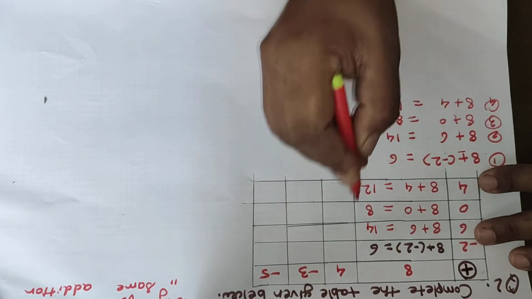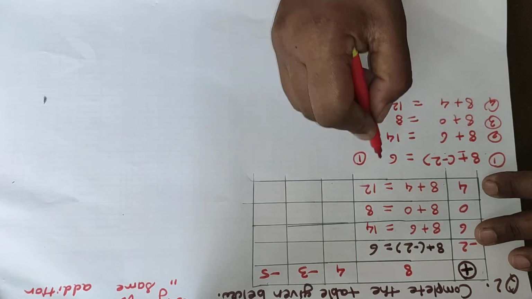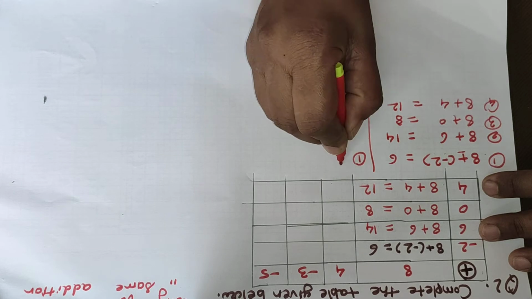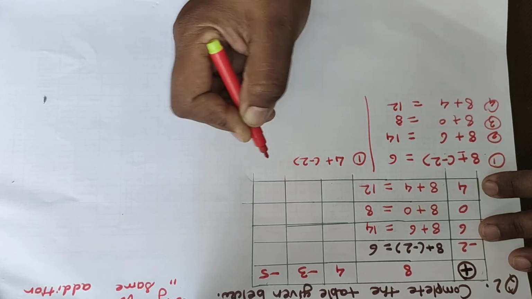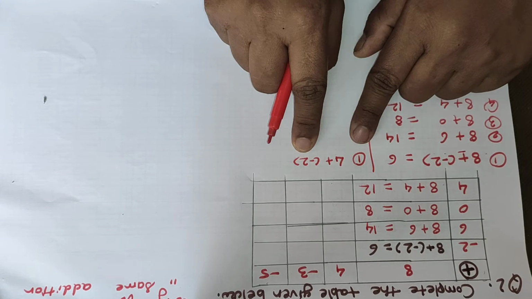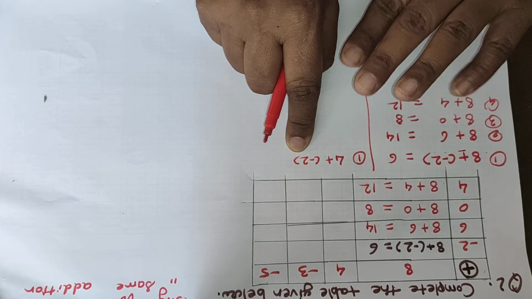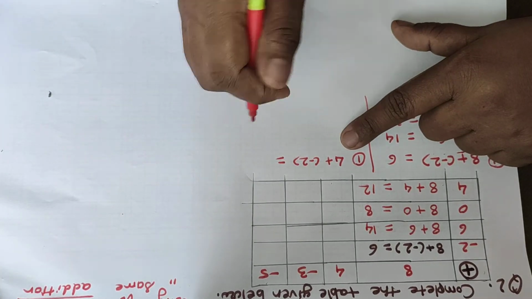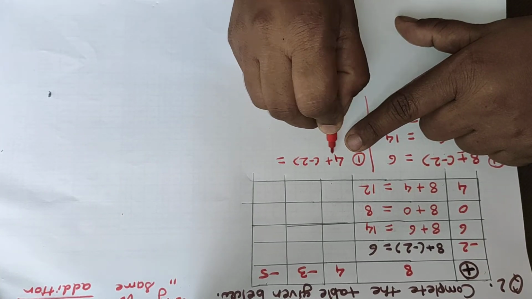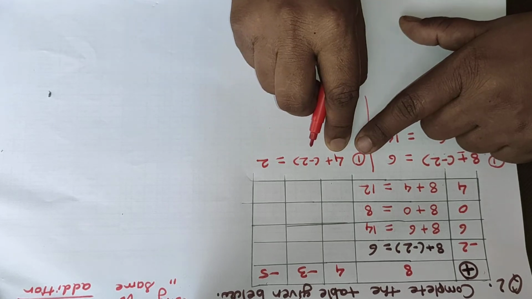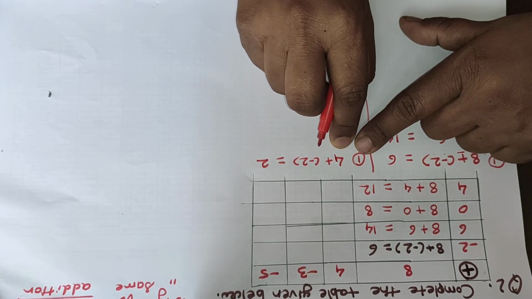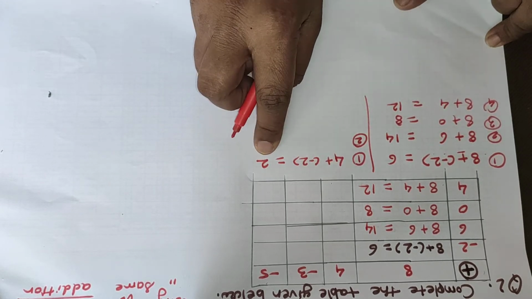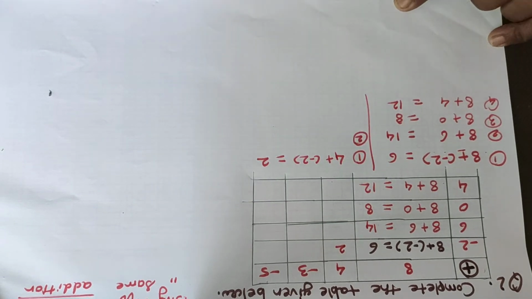Now we will see the second box. This is the first example for this. So 4 plus into bracket minus 2, in this way. Here the sign of 4 is plus, the sign of 2 is minus. So the signs are different. If signs are different, we have to do the subtraction. So 4 minus 2 is equal to 2, and the sign we have to give is the bigger number's sign. The bigger number is 4 and its sign is plus, so the answer gets the positive sign. So here the answer is 2. You write only 2 here.